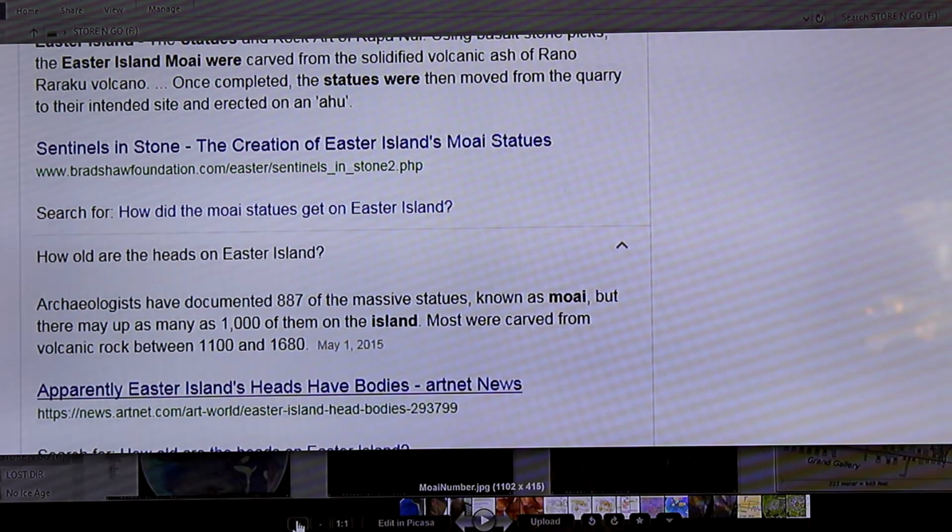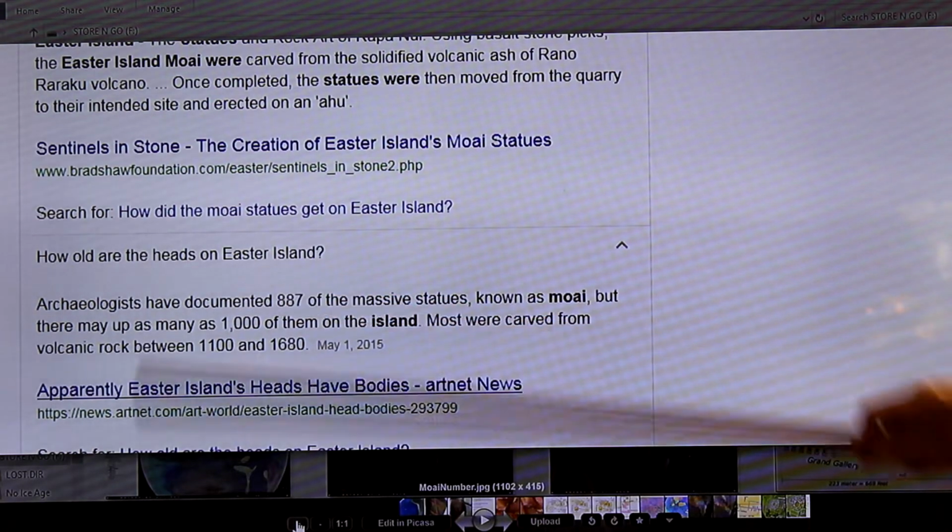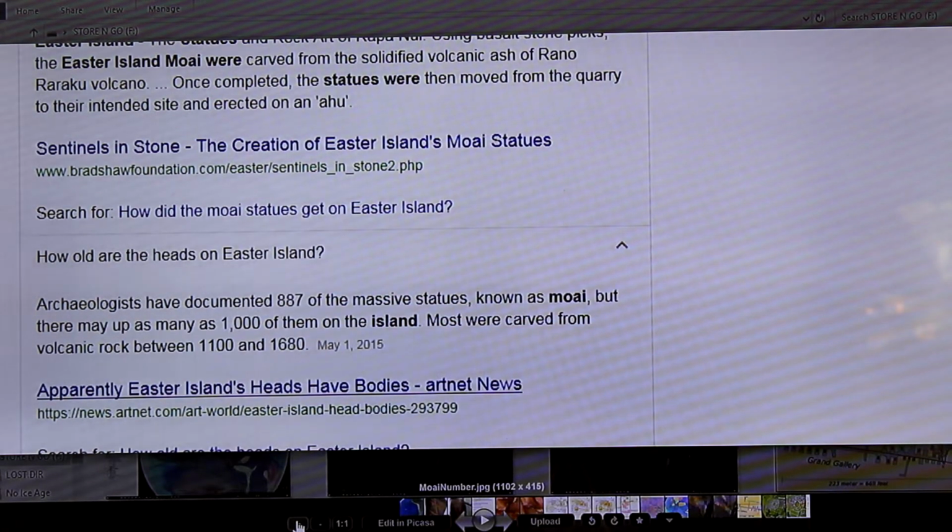It's 74. That's half of 150 or thereabouts. So that's why there's 888 or 887 Maui on Easter Island. It is a timing factor. And when you multiply or divide 888 by 12, which is months of the year, you get 74 years. And that is half,